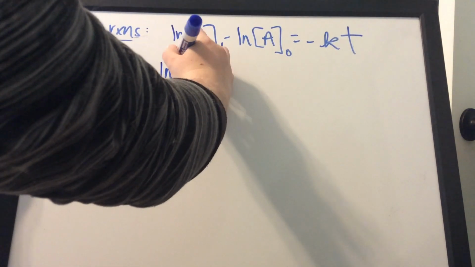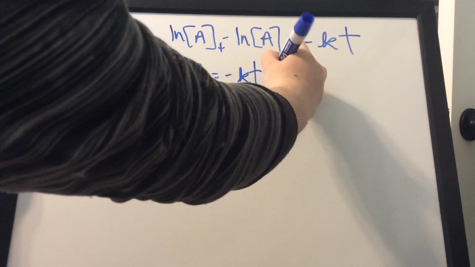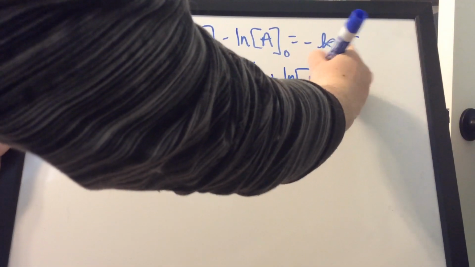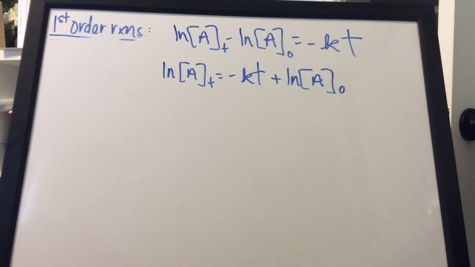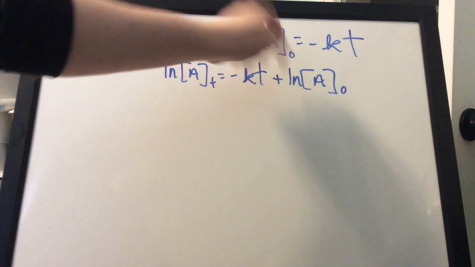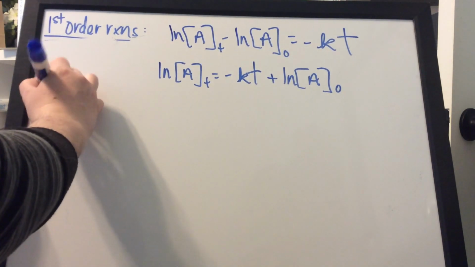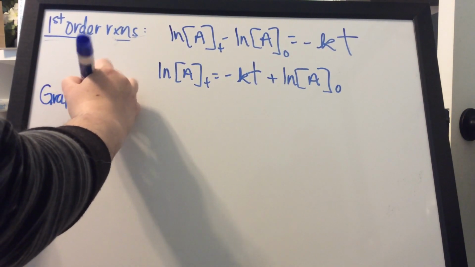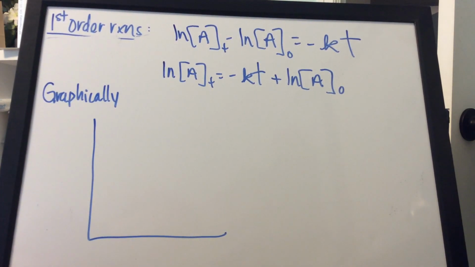And all of a sudden, I would get an equation that looks like this, okay? All I've done is algebraically rearranged it. I just took this term to the other side of the equation. That's all I did. Now, we're going to talk about graphically what this would look like, okay? And you might be like, how in the world would I graph this? Well,